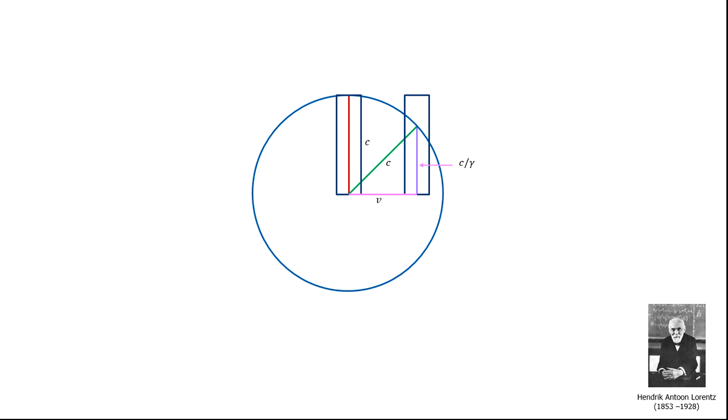Let's go back to this circle, and let's set the velocity v equal to c. This line segment will grow, and now equals c. The light clock would move out to here, and the green line segment would now be down here. Notice that there's no room for the moving light clock to register any time. Time is frozen for a light clock going at the speed of light. This led Einstein to conclude that the speed of light was a cosmic speed limit.